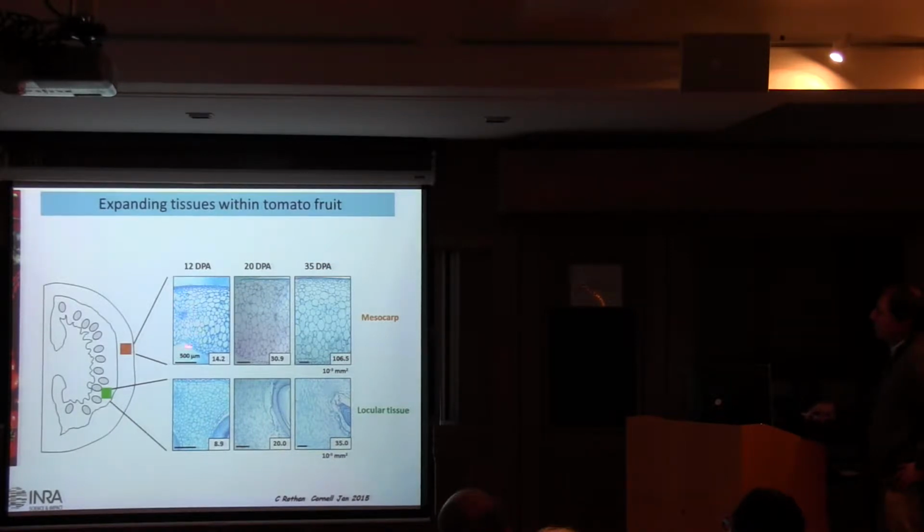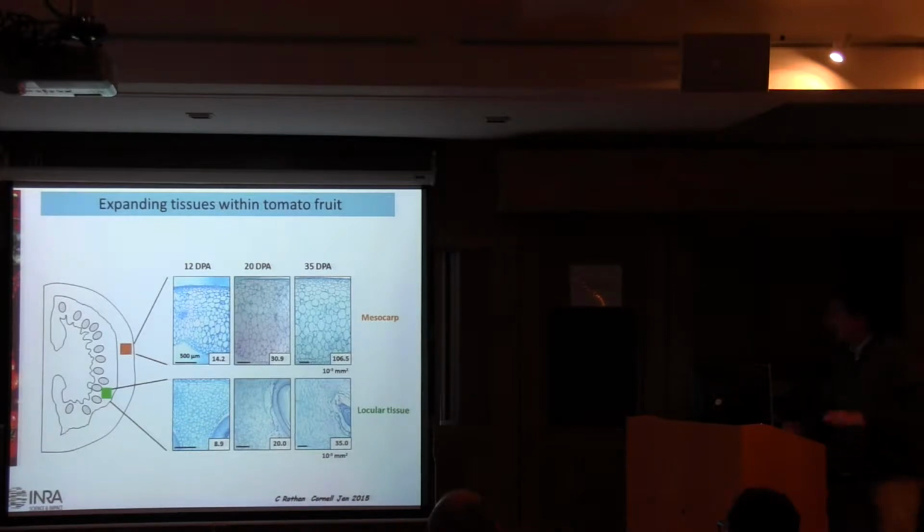So we have been looking at these cells here in the mesocarp, and you can see that you have a large increase in cell size. And the other tissue we have been looking at is the locular tissue, the gel, where you have also a large increase in cell size, but these cells are clearly different and have a different fate. So we have been looking at that,